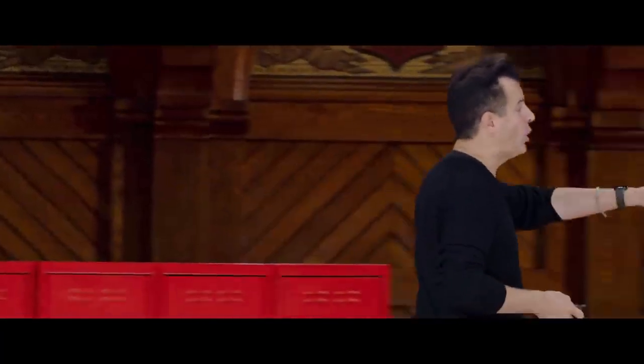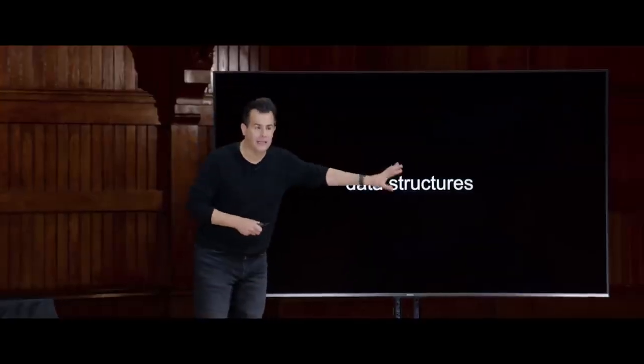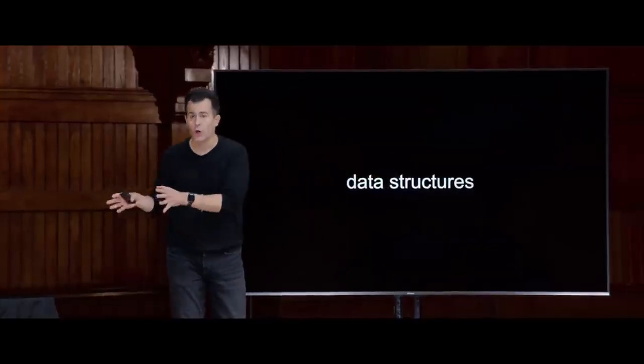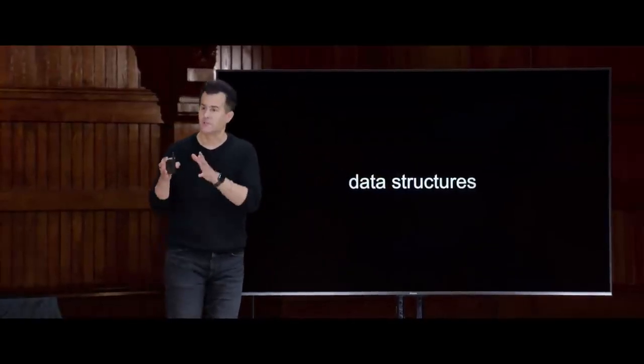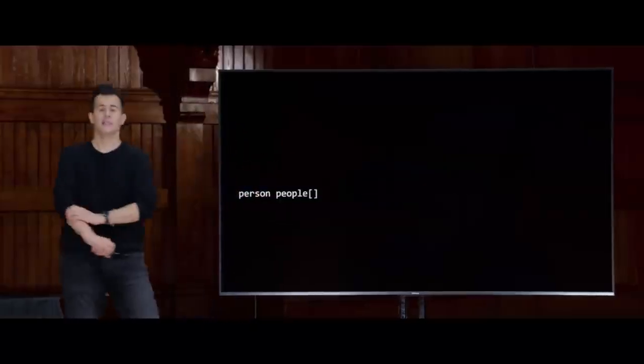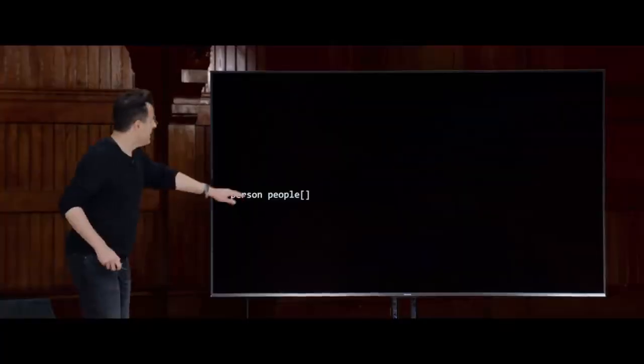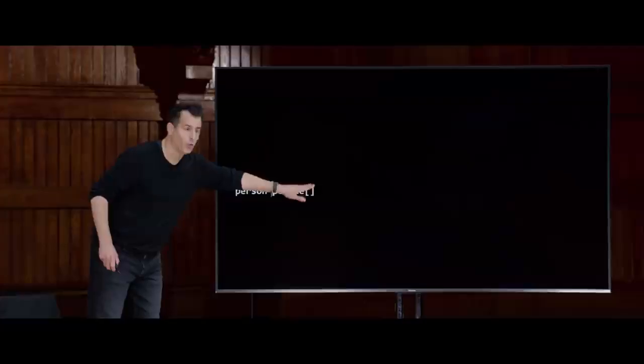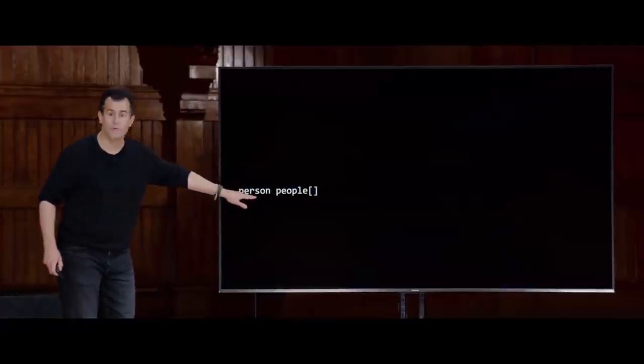And generally, when we talk about data structures, we mean exactly that, some kind of container for multiple types of data. So a custom data type, if you will. So for instance, if I wanted to create an array of people, wouldn't it be nice if there's a data type called person? So I could use code like this. Give me an array of people, and I don't know how many yet, but give me an array of people, each of which is of type person.